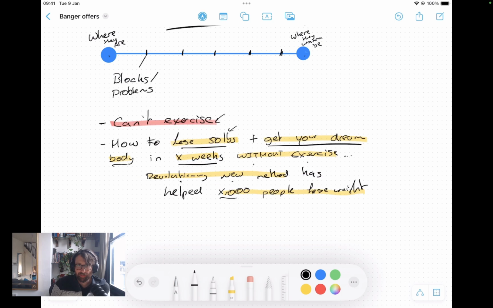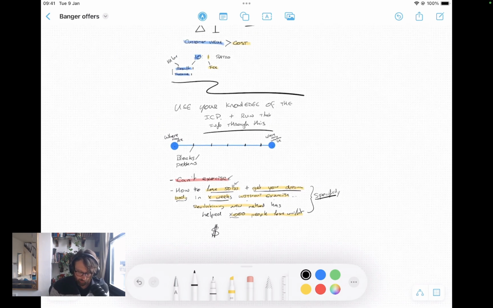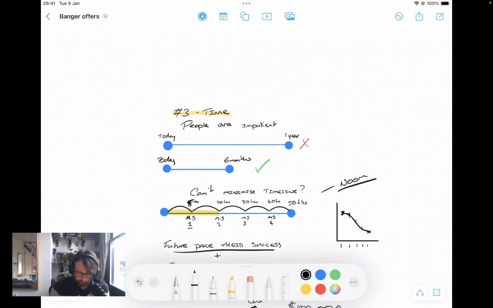So by putting those things into your offer, transformation, new, easy, safe, big, and the timeline, you've got something here that really appeals to them. And then you just need to find the right cost to get the right people in. Okay? And that's it. This is far more compelling than just can't lose weight without exercise. It all comes down to this. Specificity. Can't spell. So it all comes down to that specificity. And these are just guidelines to refine that and make it appeal to that user.